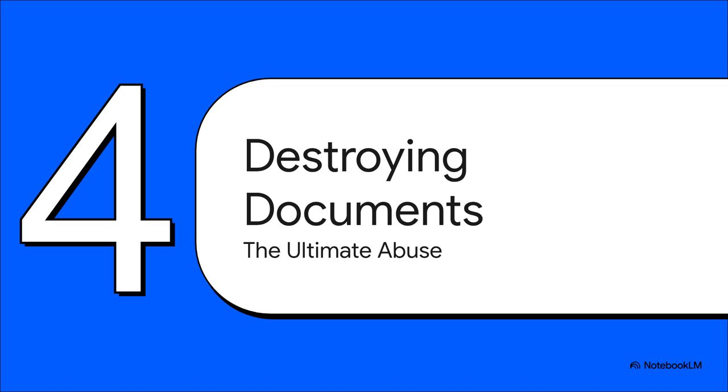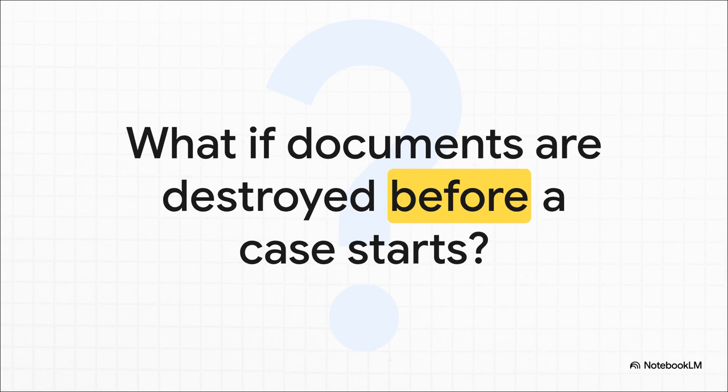Now we move to the cardinal sin of disclosure. We're not just talking about failing to disclose a document anymore. We're talking about deliberately destroying it. This is considered the ultimate abuse of the court's process, especially if it's done before a case has even been filed. And that's the million-dollar question, isn't it? The rules of disclosure technically only kick in once a proceeding is underway. So what happens if a company knows it's about to be sued and starts shredding documents left, right, and center? What can the court do then?